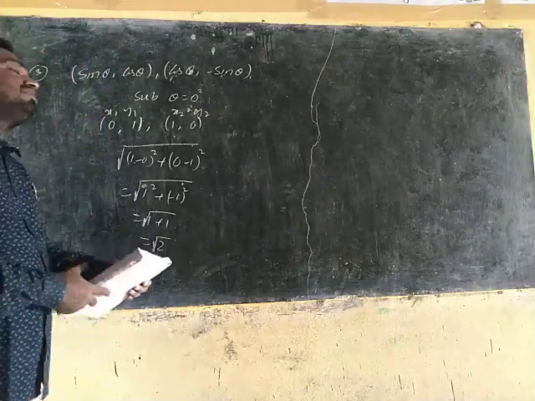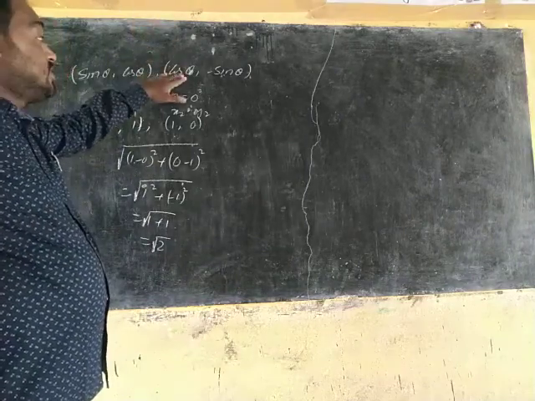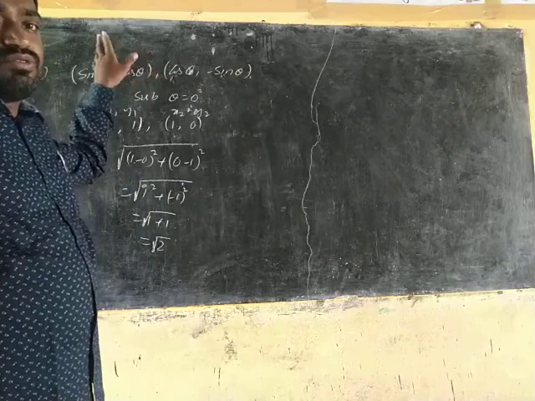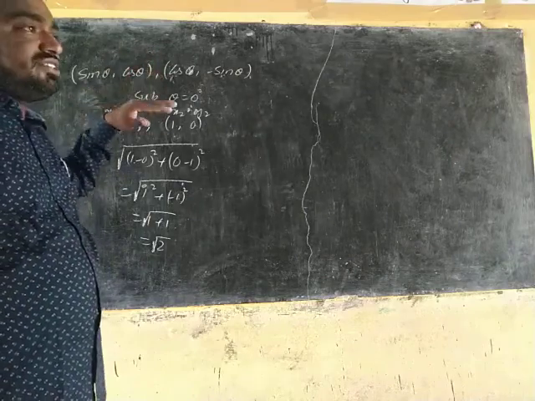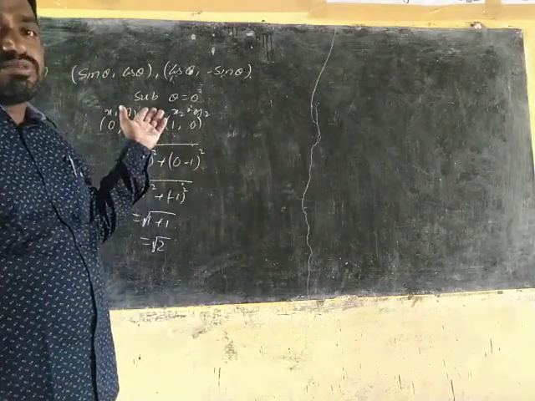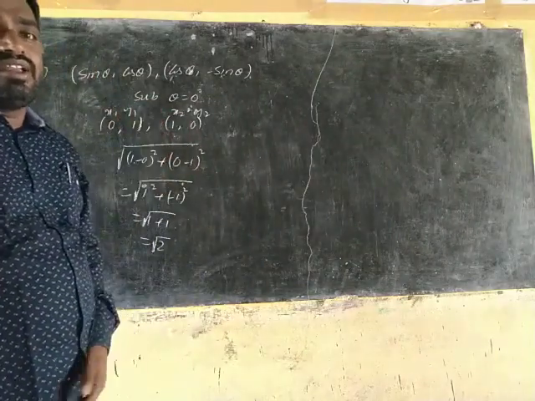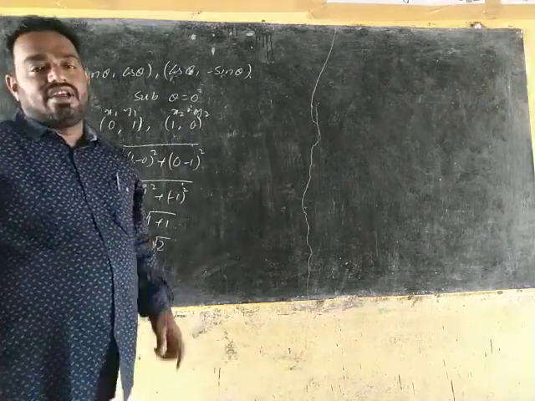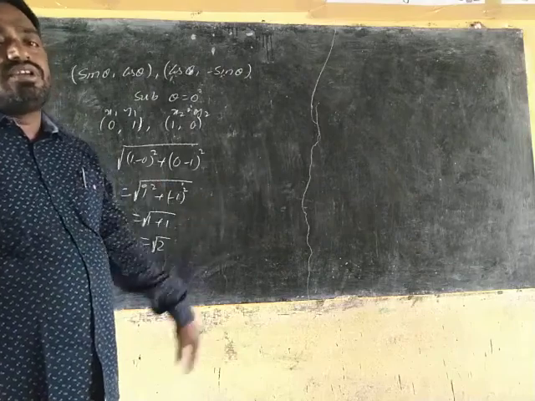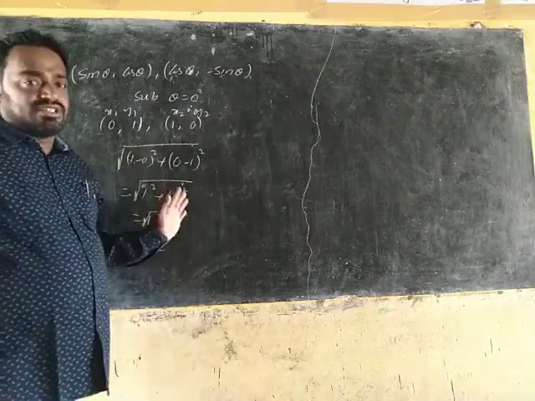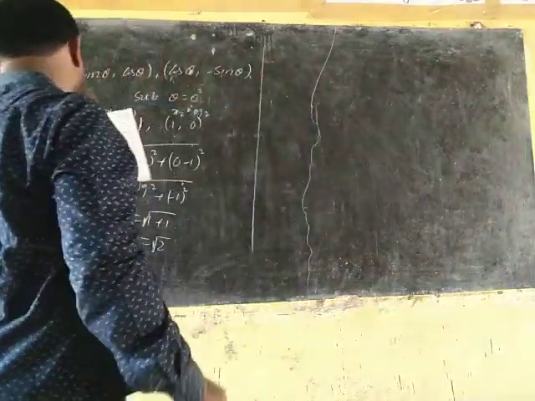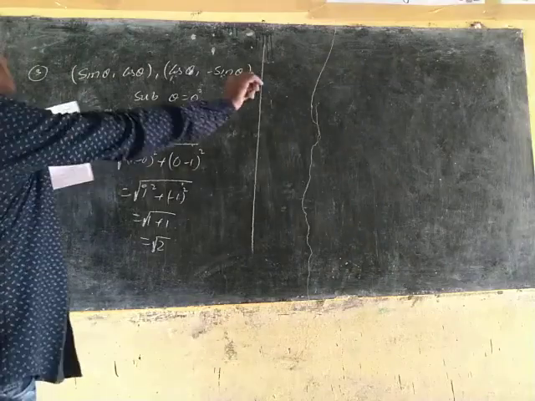Otherwise we can use the formula x2 minus x1 whole square plus y2 minus y1 whole square directly here. Later we need to expand those, and the 2 sin theta cos theta terms are cancelled. After that, 2 times of sin square theta plus cos square theta, we are getting sin square theta plus cos square theta equal to 1 from the trigonometric identities. So 2 into 1 is 2, so square root of 2 is the right answer. This is a little bit of a shortcut. Next, which is the right option? Option 2 is right for this question.